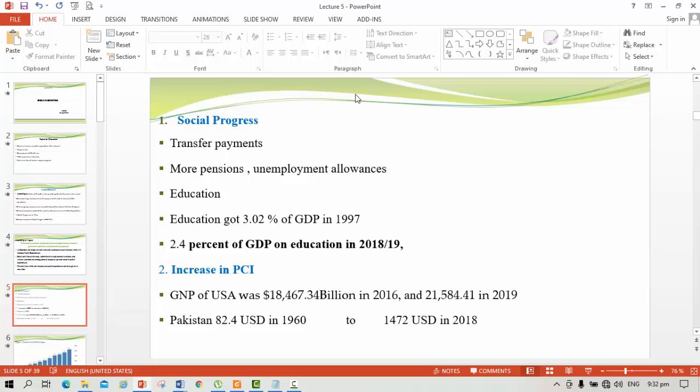We know that Pakistan spent 3.02% of its GDP on education in 1997, while it spent 2.4% of GDP on education in 2018 and 2019. Similarly, in many countries of the world, huge amounts of money are spent by the government on social progress and on social services. The second cause, or link, of increase in government expenditure and the